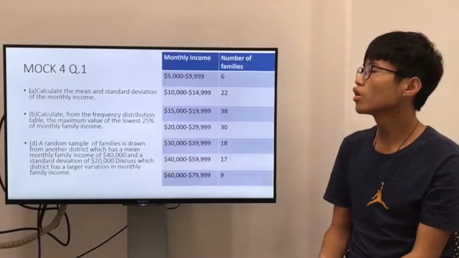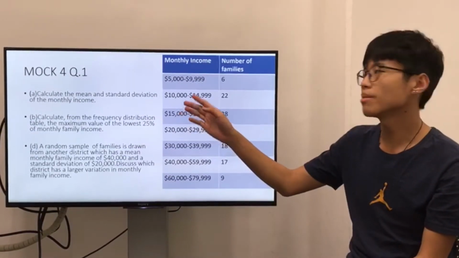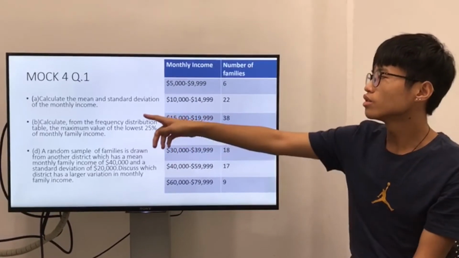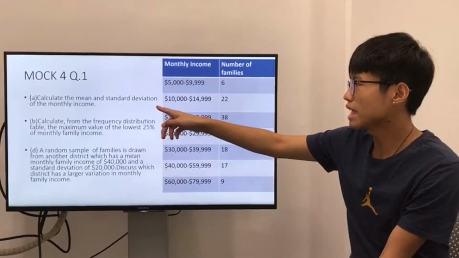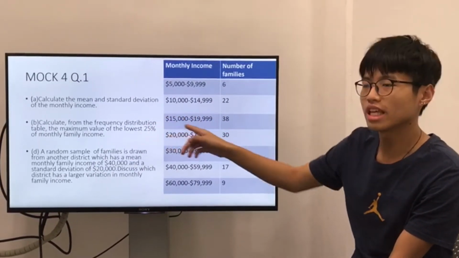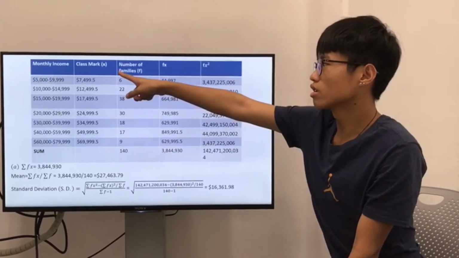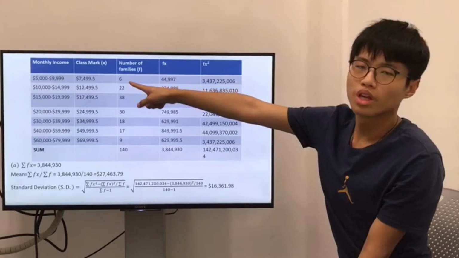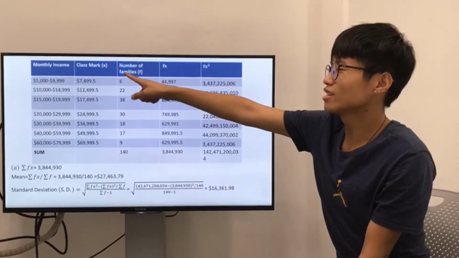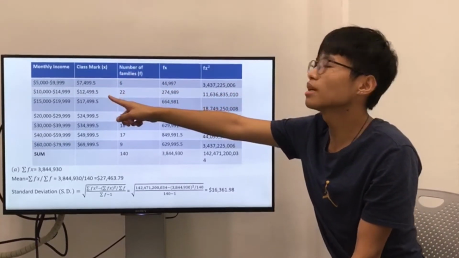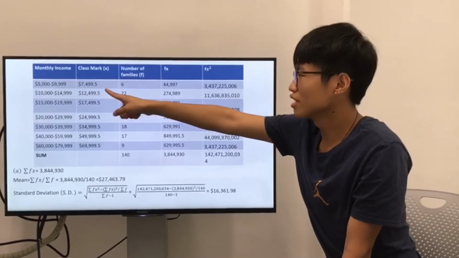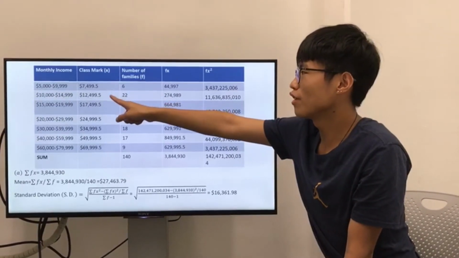In the following, we are going to talk about the exam paper for question 1A. First, we need to calculate the mean and standard deviation of the monthly income. We need to add a new column called class mark. Let X be the class mark, and the class mark of the first class interval is 7499.5, and the second is